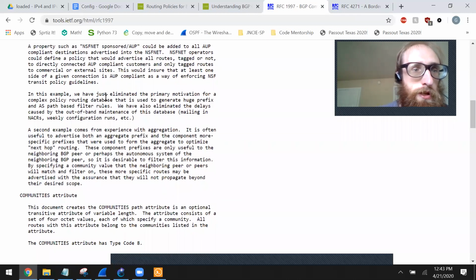Examples. A property such as NSFNET sponsored -AUP could be added to all AUP compliant destinations advertised into the NSFNet. NSFNet operators could define a policy that would advertise all routes, tagged or not, to directly connected AUP compliant customers and only tagged routes to commercial or external sites. This would ensure that at least one side of a given connection is AUP compliant as a way of enforcing